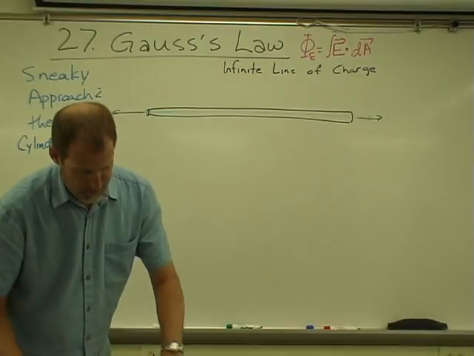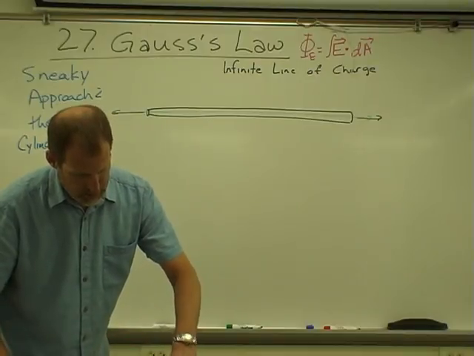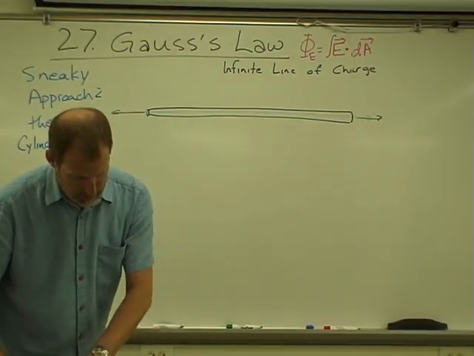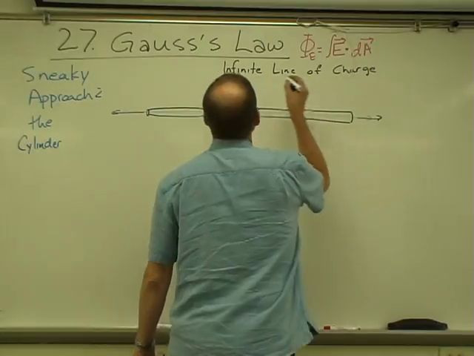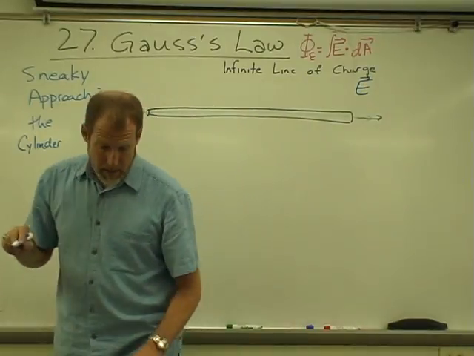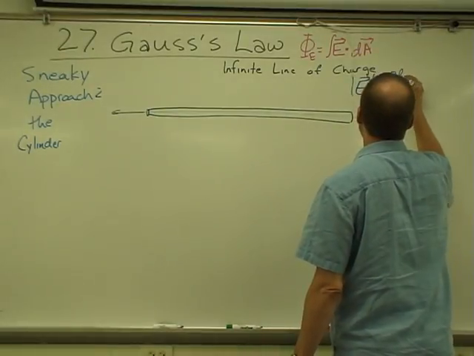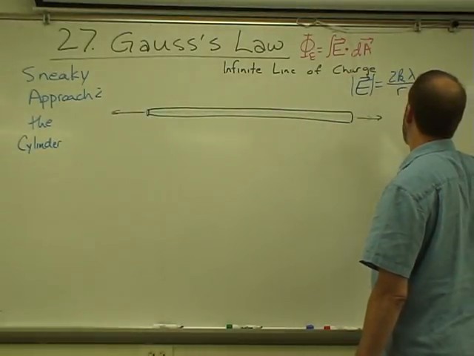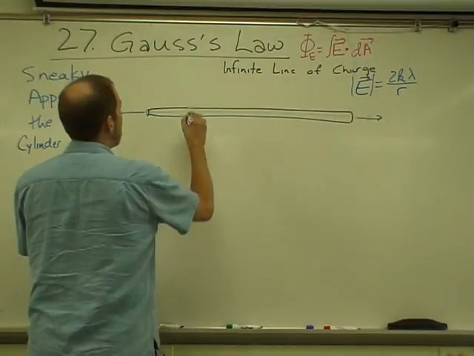the electric field for an infinite line of charge is, let's see, two K times lambda over R, where lambda is the line charge density. Now, here's the sneaky bit. For this infinite line of charge,